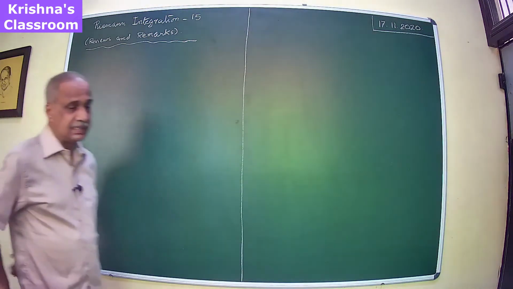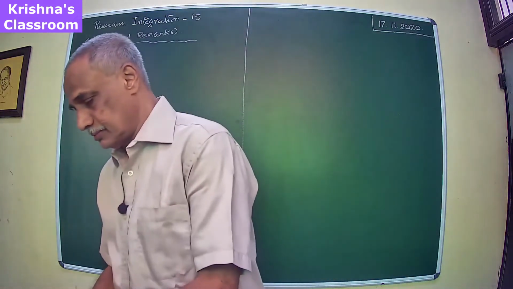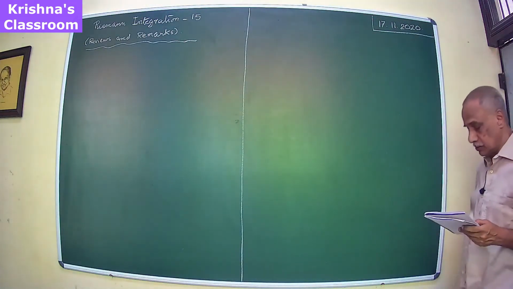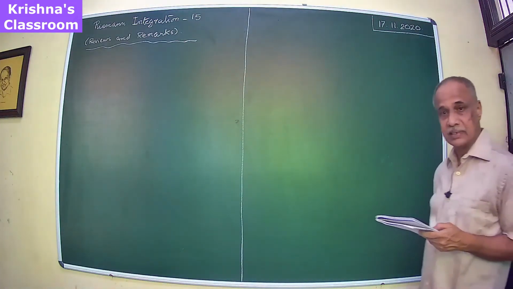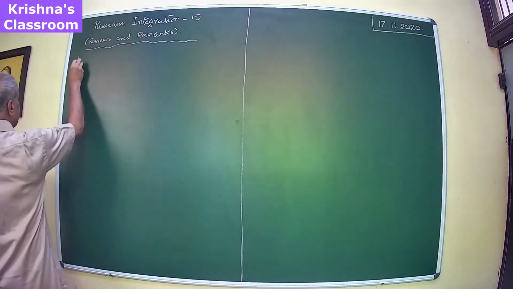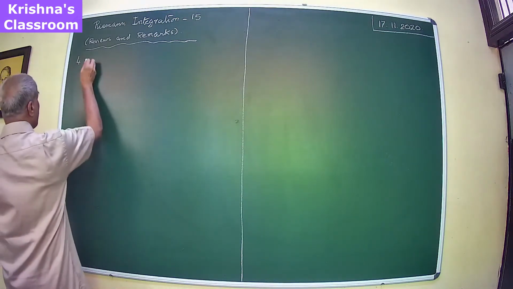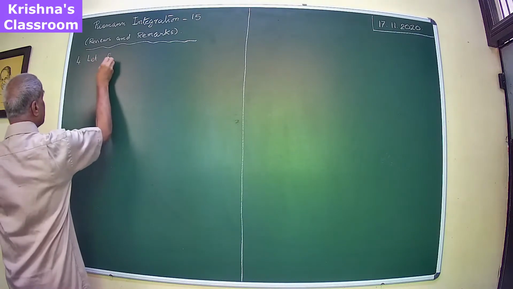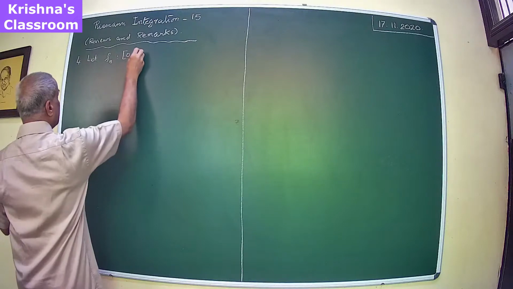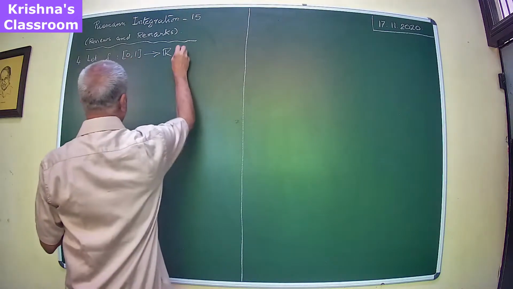let me just give an example which is in the context of interchange of limiting process and integration. So let me write down this example. This is the fourth example in that context, and I leave it for you to explore. Let F_n from [0,1] to R be defined by